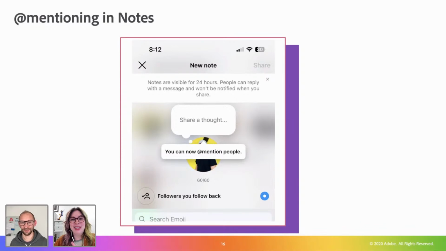That's what it's giving me. I'm curious. It is that kind of thing. We can now mention people in that, so it's another way of tagging people or getting some form of extra visibility. Curious to know why they built this anyway, but either way, it just allows for extra visibility for you